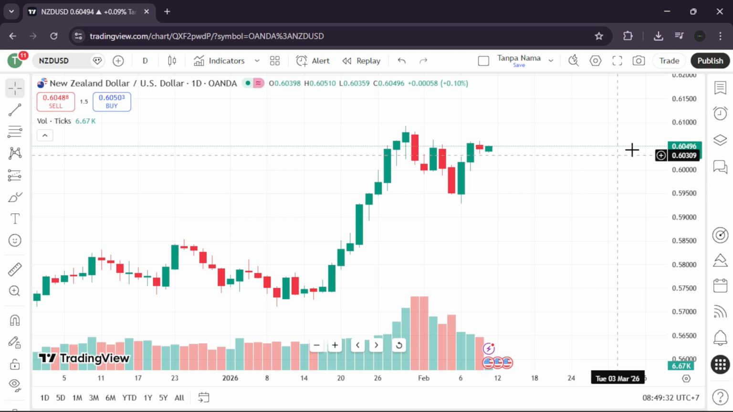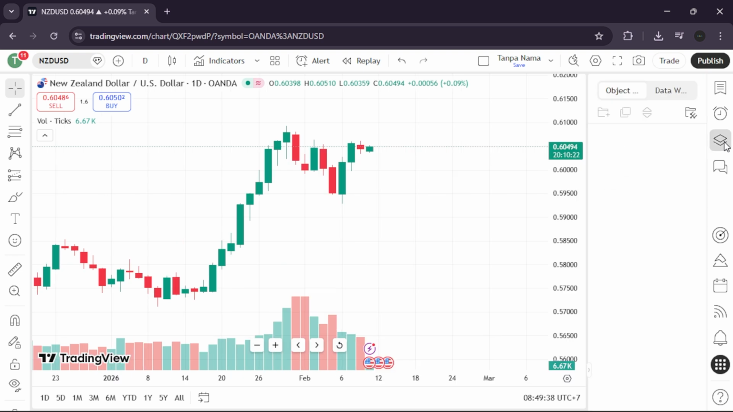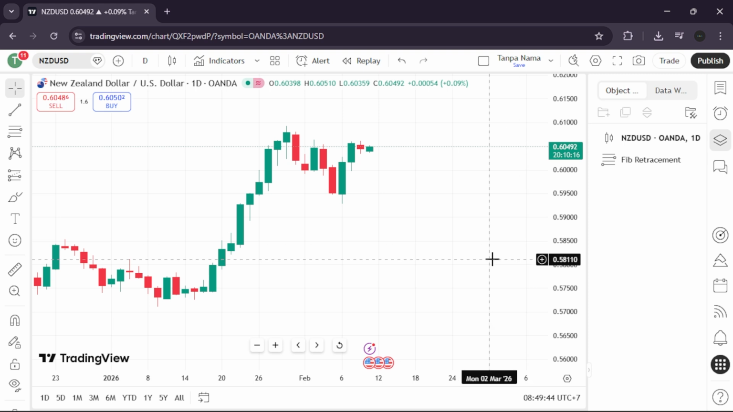Click the object tree icon at the bottom of the right side toolbar. Find Volume in the list of active objects. Click the trash can icon next to it. This is the cleanup phase, ensuring your workspace is